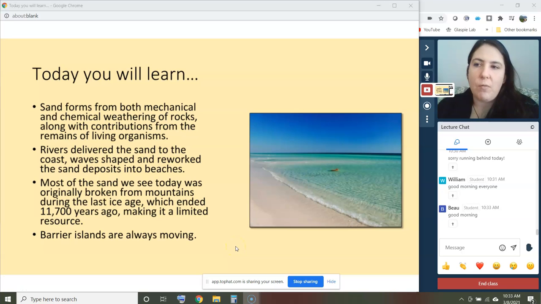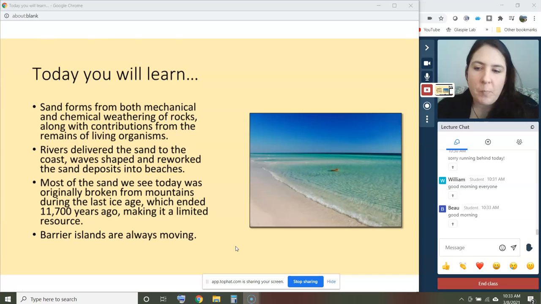Alrighty, so beaches and barrier islands today. Today we're going to learn that sand forms from both mechanical and chemical weathering of rocks, along with contributions from the remains of living organisms. We'll learn that rivers delivered the sand to the coast, and then waves shaped and reworked the sand deposits into